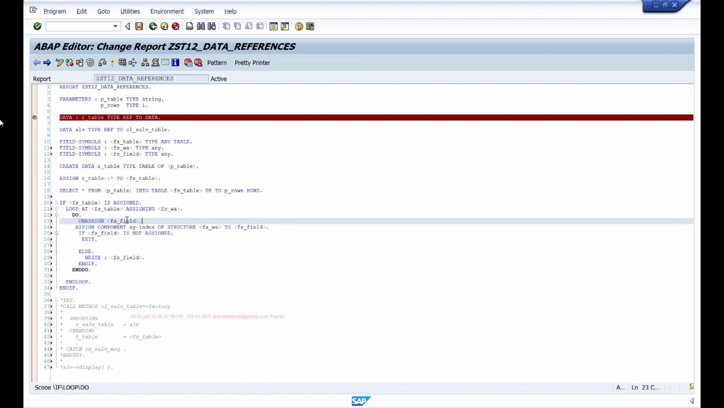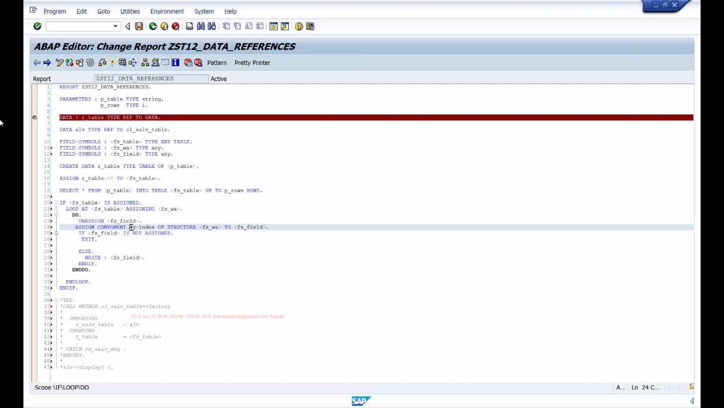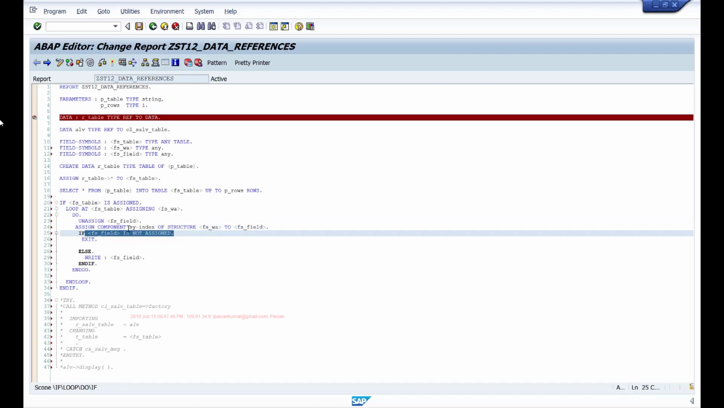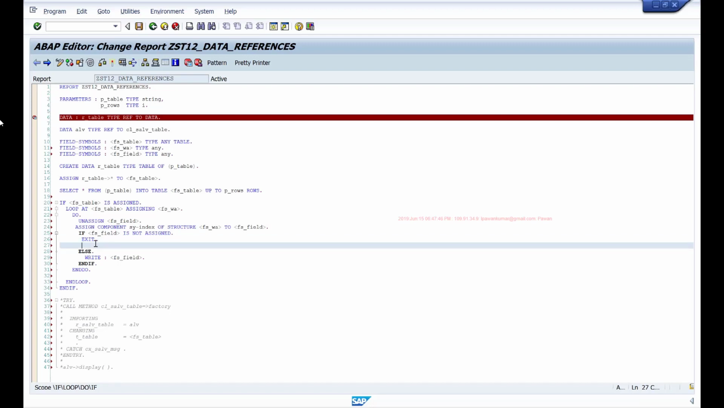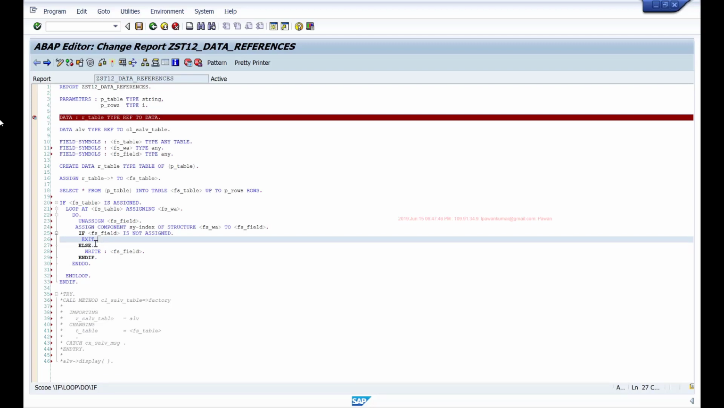So I'm trying to initialize this field first and then assign it. After that, if the field is assigned, then this condition will not be satisfied. Otherwise, if the field is not assigned, then this condition will be satisfied. So field symbols, you can assign them using the assign statement, and it will remain assigned till you unassign it